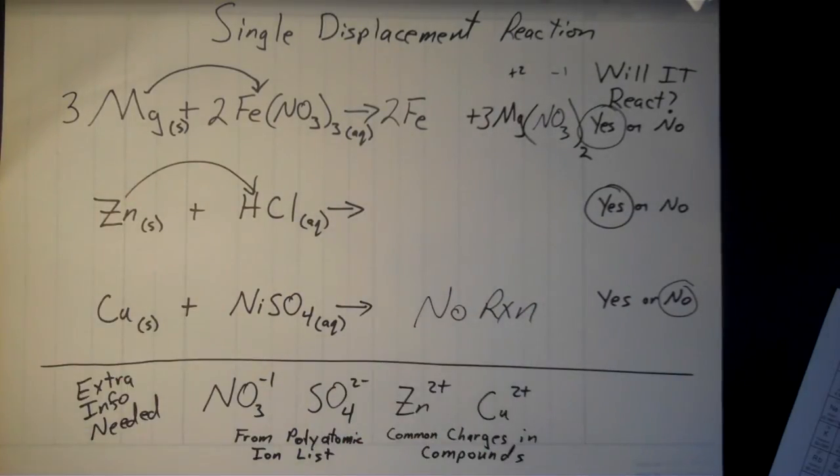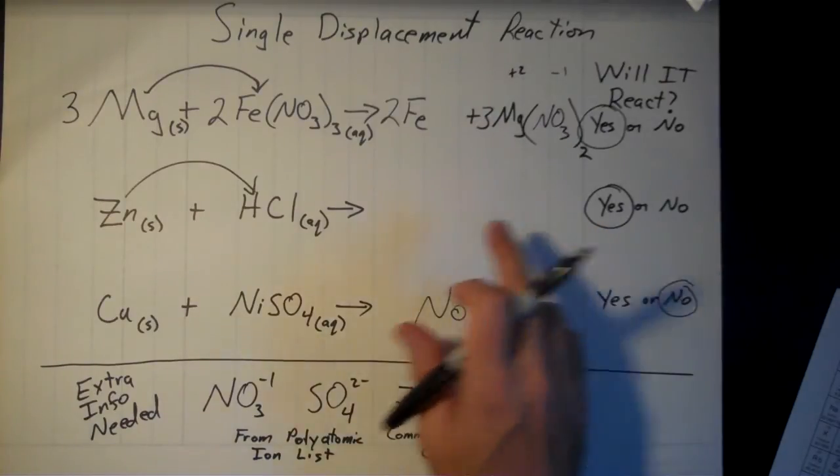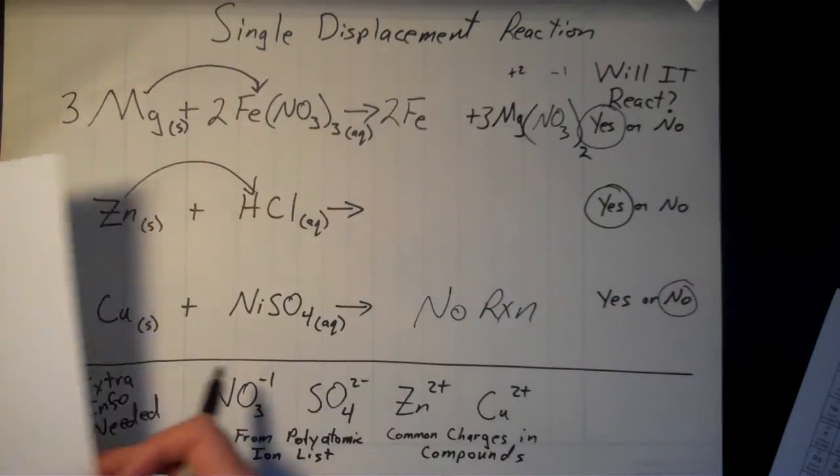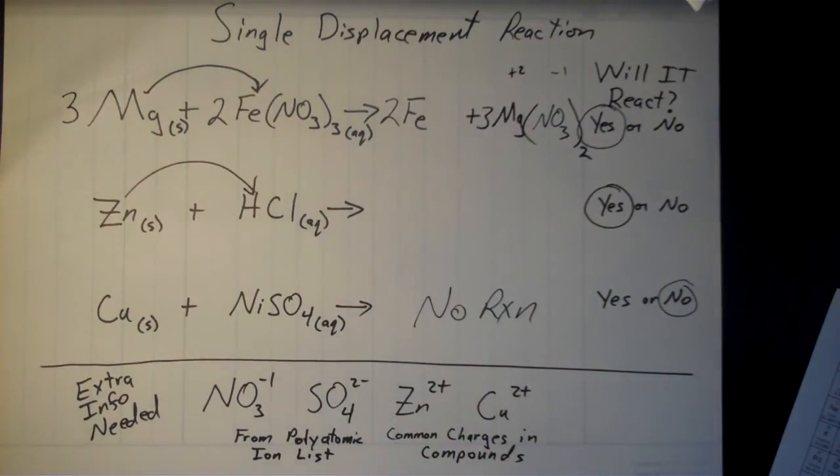All right, let's go on to the second one here. This one's a little bit trickier again with the HCl in it, just because the hydrogen atom does a little bit different thing here. We did already say that this is going to react. Zinc's more reactive than hydrogen. Again, that was from the activity series that we looked at earlier for this one.